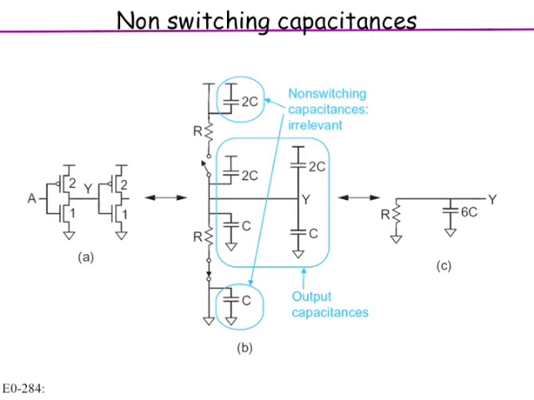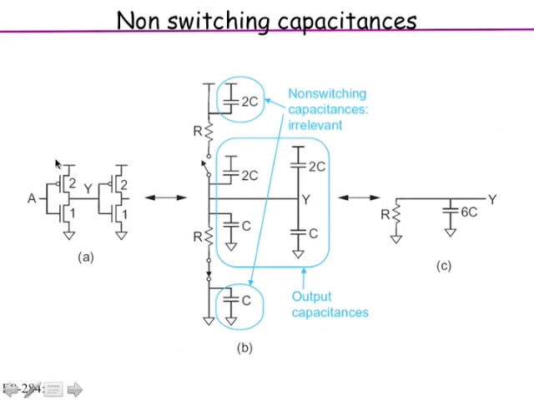Now you see where we are going. We want to convert the delay calculation problem into just calculating RC time constants. That is the simplest thing you can do. But really, with C's to consider, the C's at the top, for example, you take these two inverters. The first inverter has, if I replace it with a resistance and a capacitance at the inputs, at the source and drain region, here and here. But the capacitance at the drain, at the top and the bottom, don't play any part in the delay calculation because they're shorted. So they go out of the picture. It's only the internal capacitances which affect the delay.